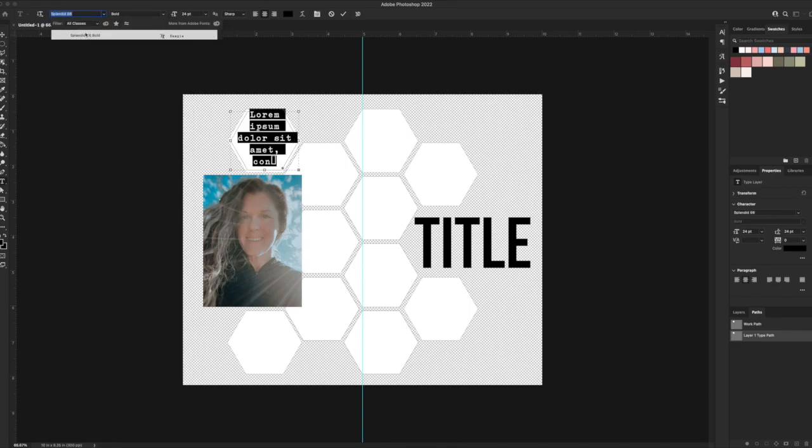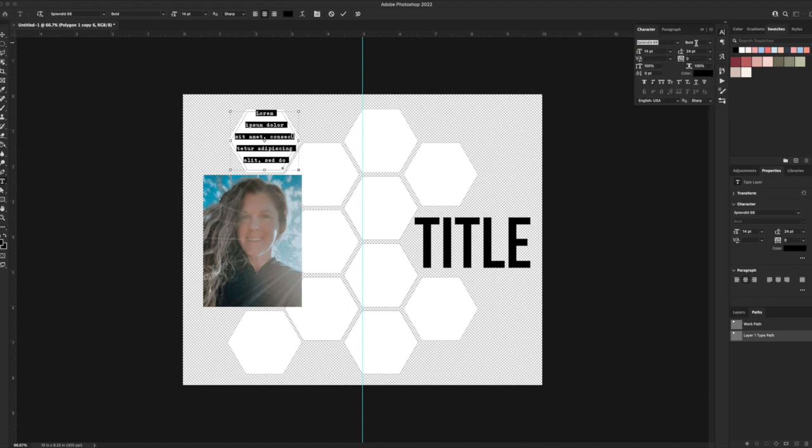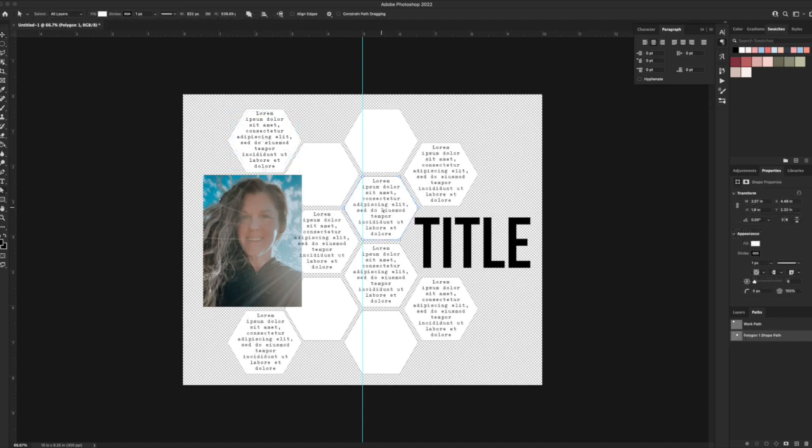And I can add in my text just by clicking in there with the text tool, and I'm changing the font to my preferred 12-point Splendid 66 font that I use for everything. And now we are ready to go. I'm going to copy and paste it onto the hexagons that I'm going to